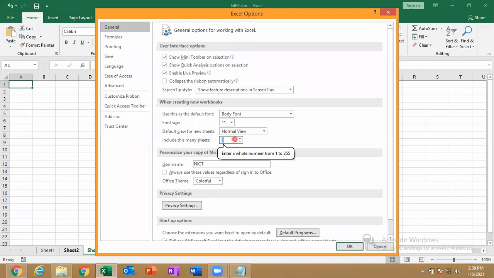That is nothing but when I create a new workbook, I will get up to 255 sheets. If I want 256, then manually I should click on the plus button. So you can change. If you have three like this, change it to one and just give the OK button here.